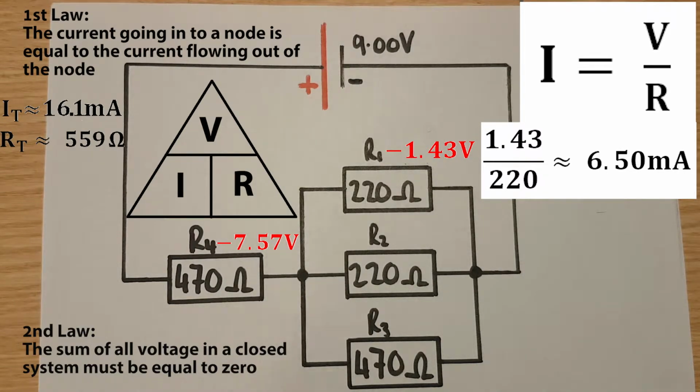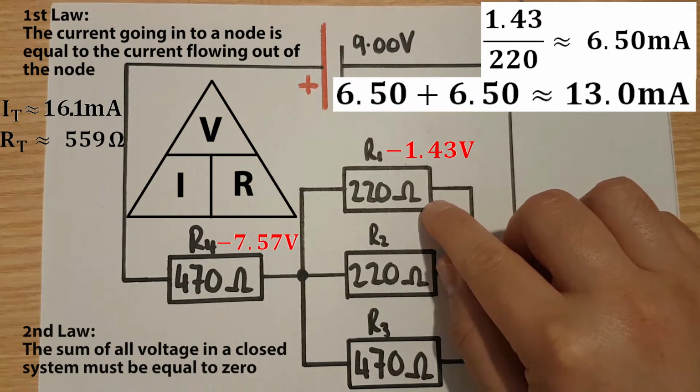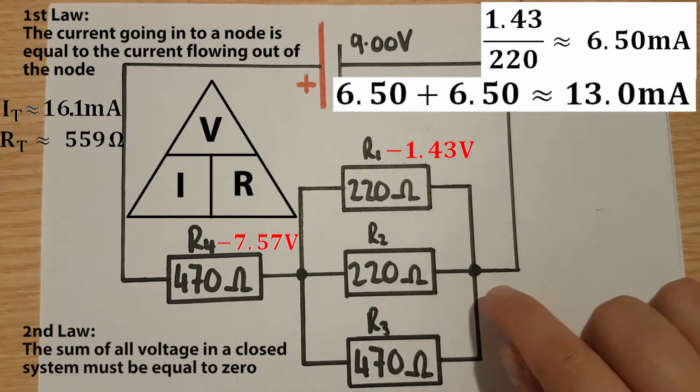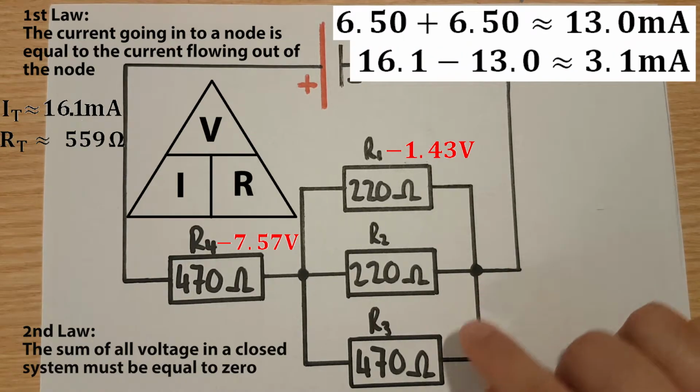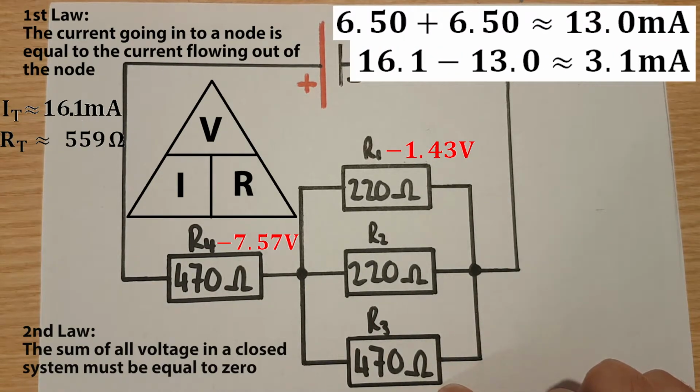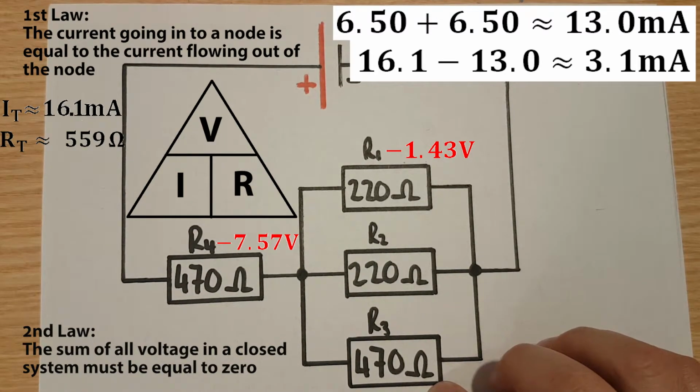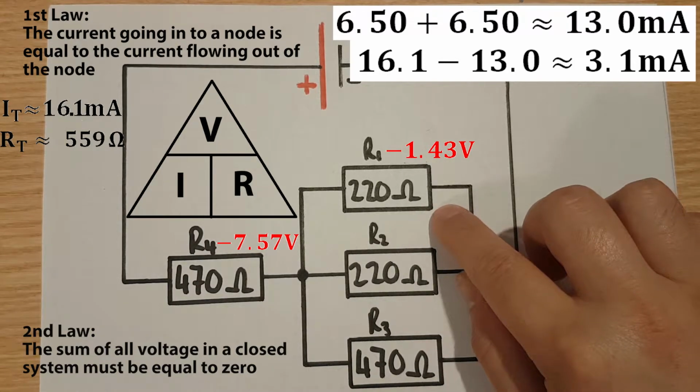6.5 milliamps. Referring back to Kirchhoff's law again, the current going into any node is equal to the current flowing out. We know the current going into this node here is 16 milliamps, the same as the current for the entire circuit. We have already worked out we have 6.5 milliamps here and 6.5 milliamps here. Added together, that gives us 13 milliamps. We know the current has to equal 16 by the time it comes out here, therefore R3 has to be 3 milliamps. So we've worked out the current at R3 by only applying Ohm's law to the other part of